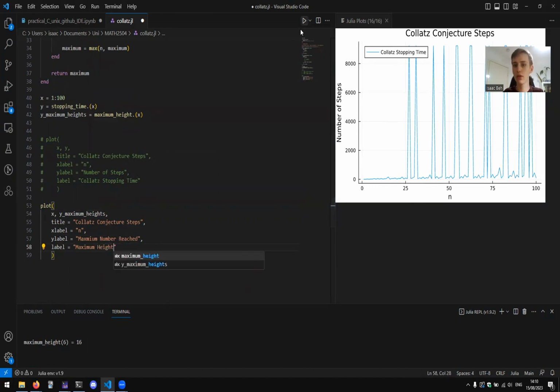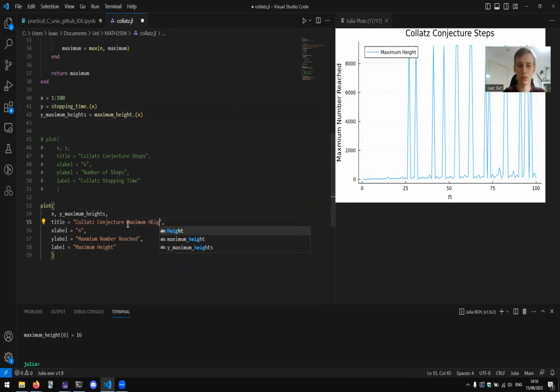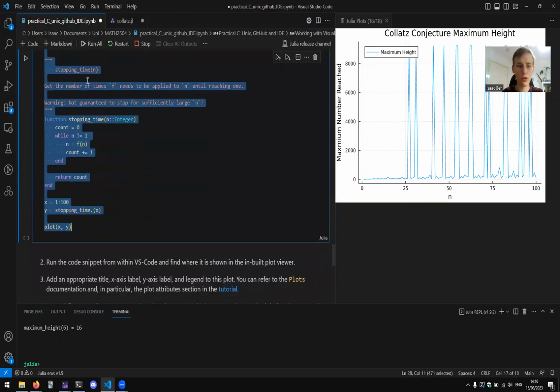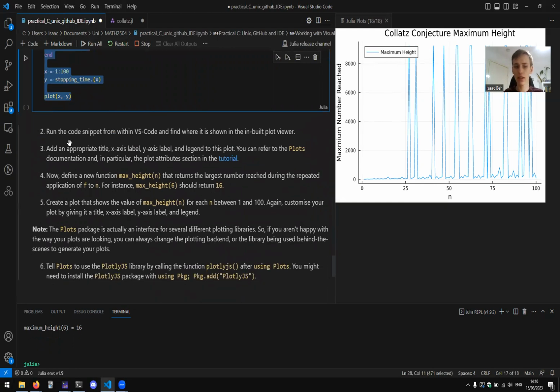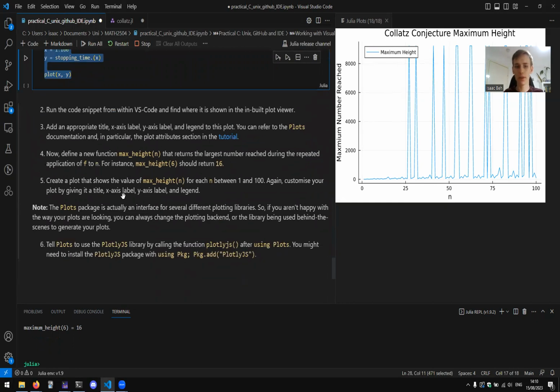So now that we have this new plot, we've just made it a little bit more readable. And instead of steps, we should probably call this maximum height also for our title. So running that again, we get a nice plot, everything's there. Oh, okay, lovely. So the last thing that we need to do for this question here is we also want